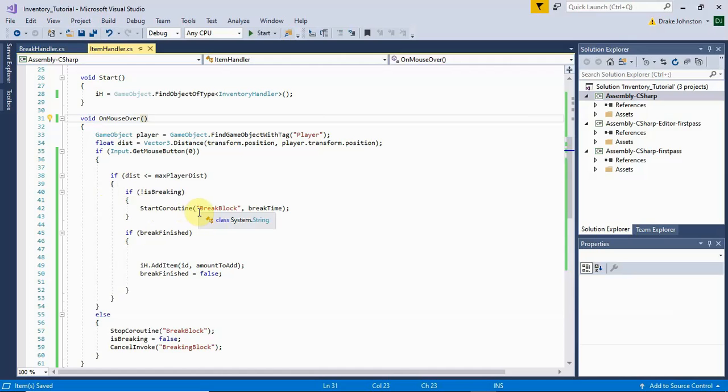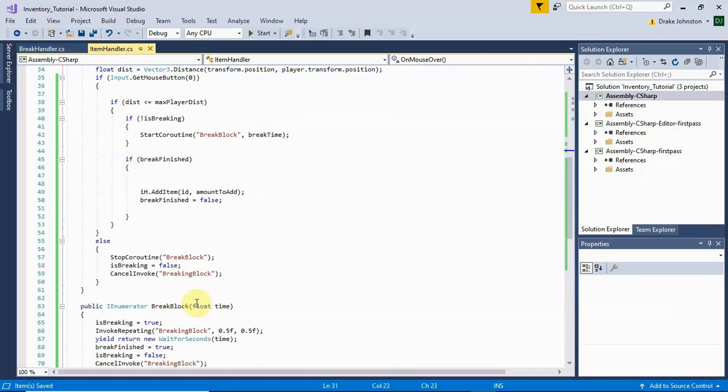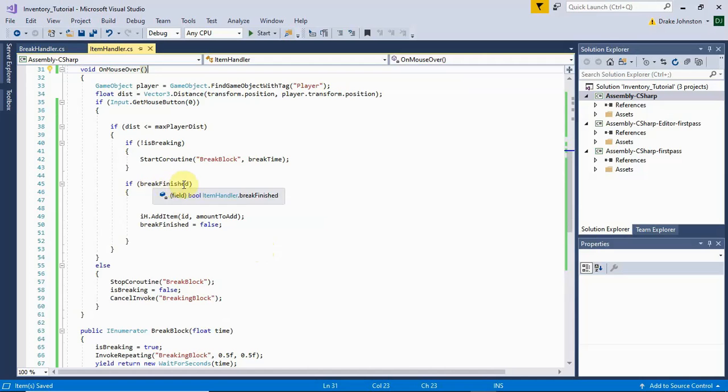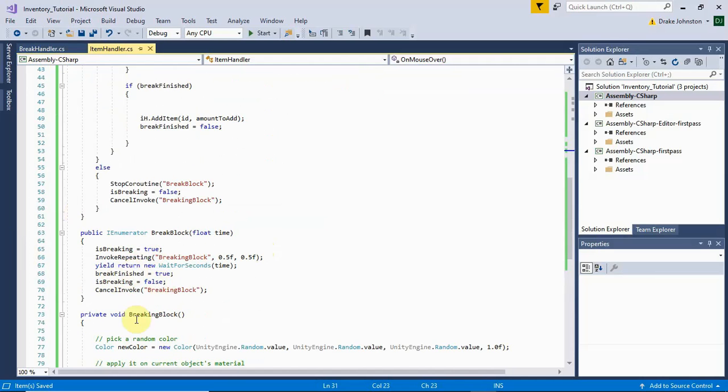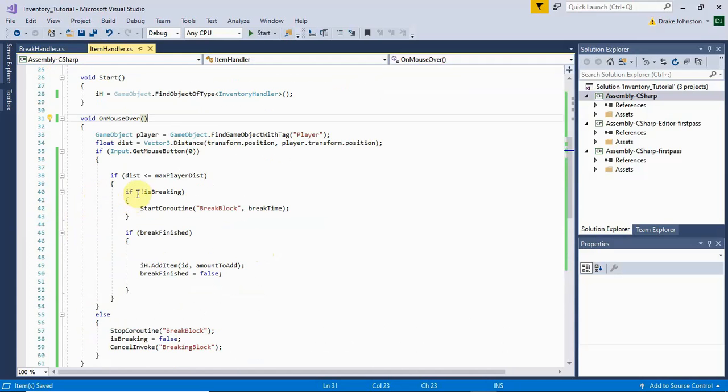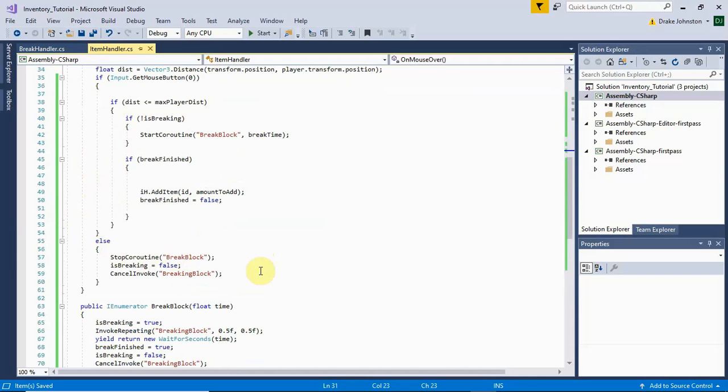For the coroutine up there too, we're just adding a break time, which is declared up above. And I believe I set it to 5. So after 5 seconds, it's going to run the coroutine. Or no, that's not how that works, sorry. It's going to give the coroutine, which is our break block, as you can see, 5 seconds, which is the float time variable we have in it. And basically all our break block